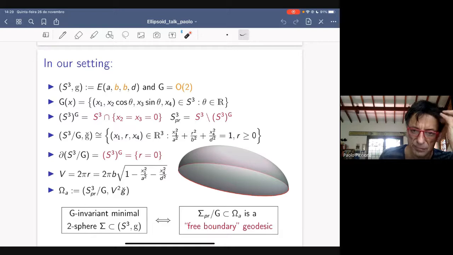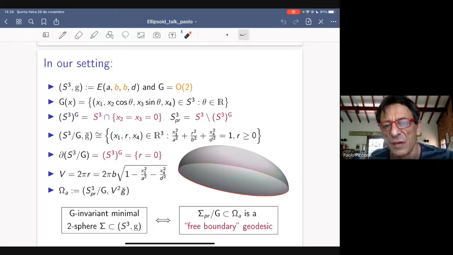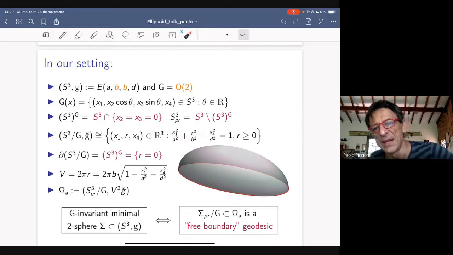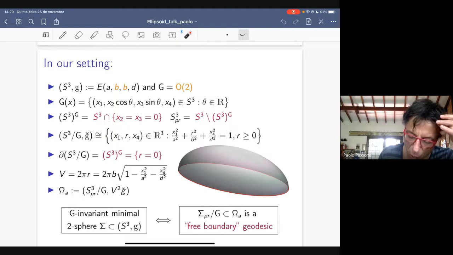So this is like an equator of this ellipsoid, right? So the principal part of this action is everything that is above of this equator. The principal part, I'm sorry, is the entire ellipsoid minus this equator. I'm sorry. Now the quotient,